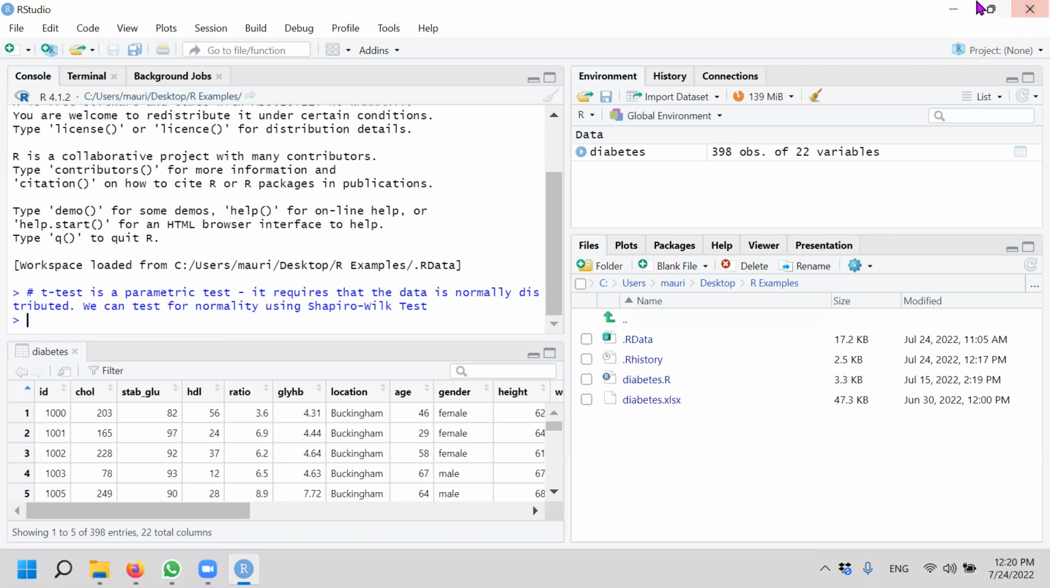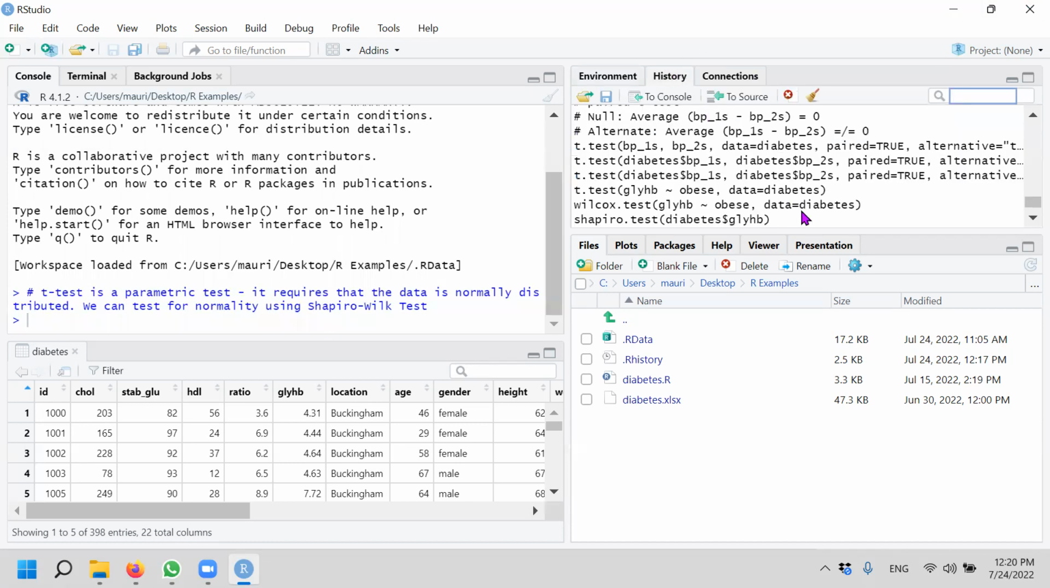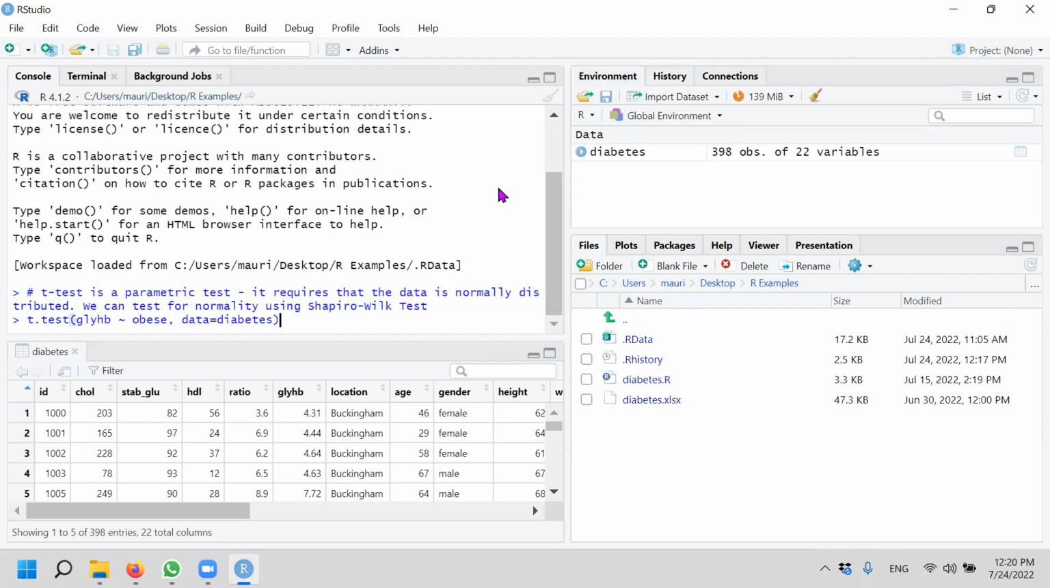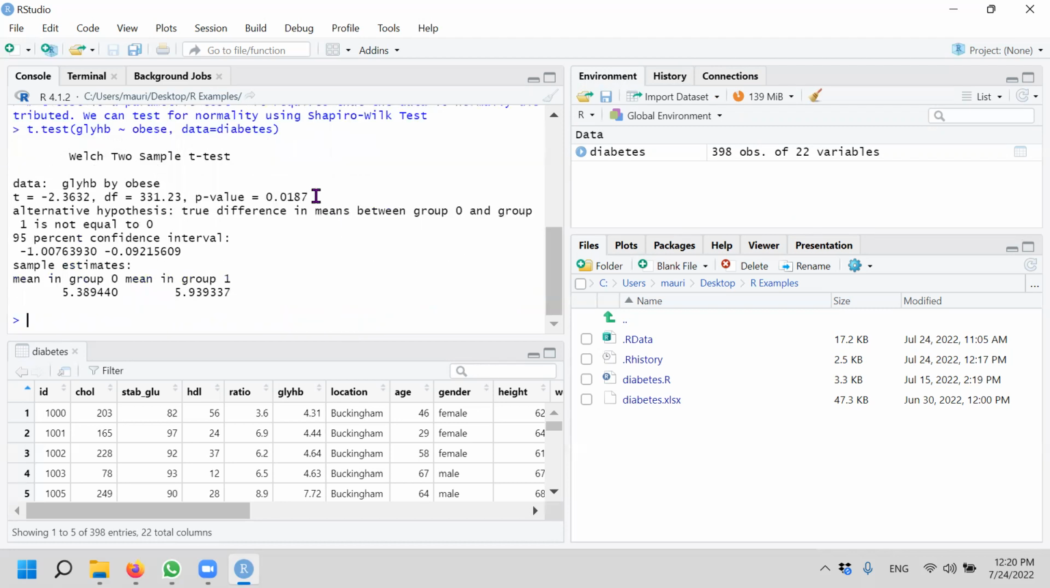Let's repeat our t-test for unequal variance. Our t-test for unequal variance is here. So we want to look at whether the average glycosylated hemoglobin for obese equals the average glycosylated hemoglobin for not obese. So these are our t-tests, and we find that we reject the null hypothesis. That means the average glycosylated hemoglobin for obese patients is significantly different from the average glycosylated hemoglobin for not obese